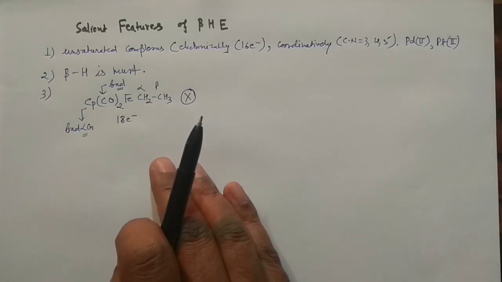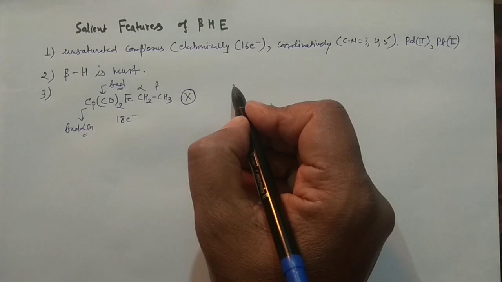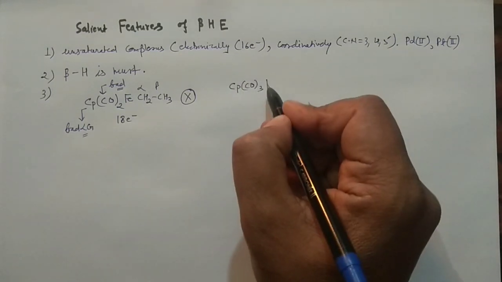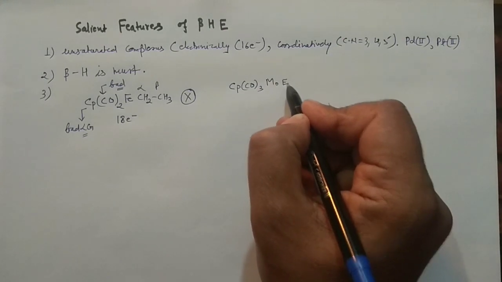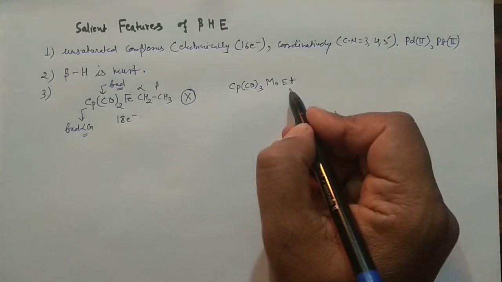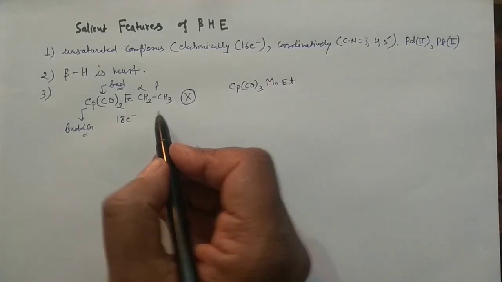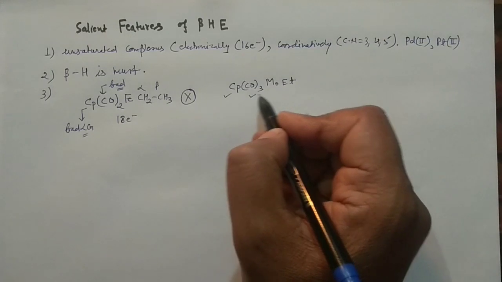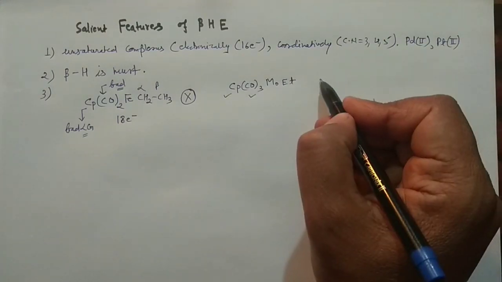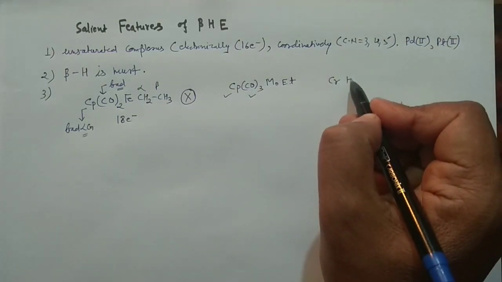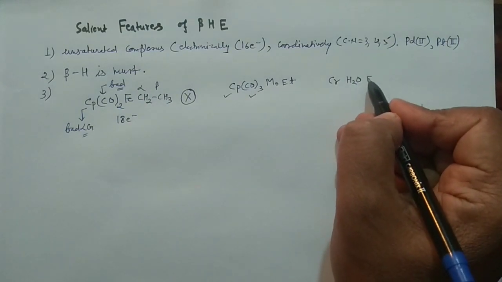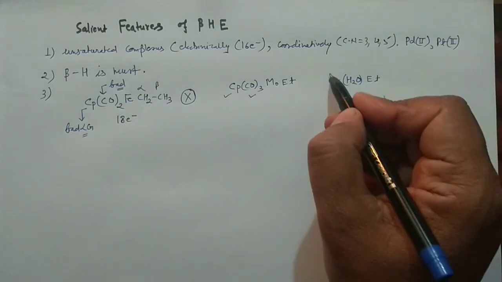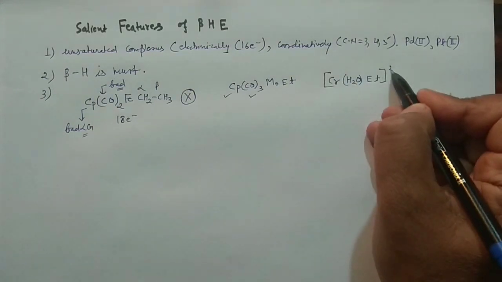And there are various examples you can see here. If you have this CpMo(CO)3Et, and this is the molybdenum complex, right? Et stands for CH2CH3, like I have written here. Again, this Cp and CO are not very good leaving groups, so it will not undergo this kind of reaction. And say you have another complex, chromium with H2O, and you have this ethyl again, CH2CH3, and 2 positive charge over there.